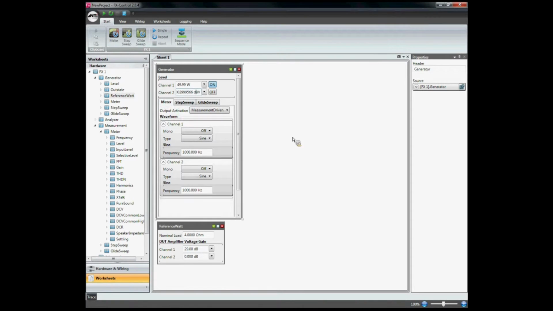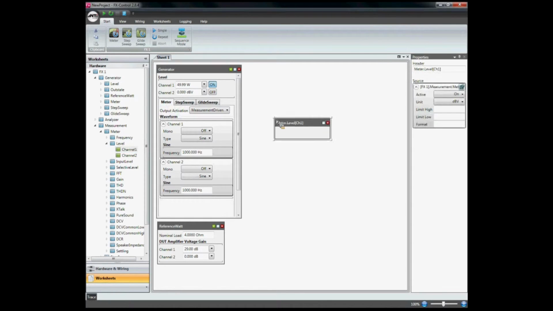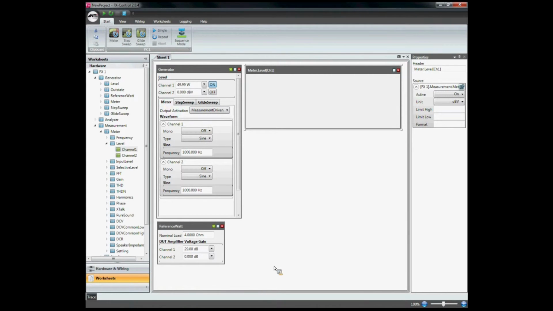To verify whether this is actually happening, I will measure, because I have connected my amplifier also to the input of the FX100, so I can measure the dissipated power in this panel. I just need to amend the unit to watt so that I directly see the output power of my amplifier, which should be 50 watt. Let's see whether this is working.